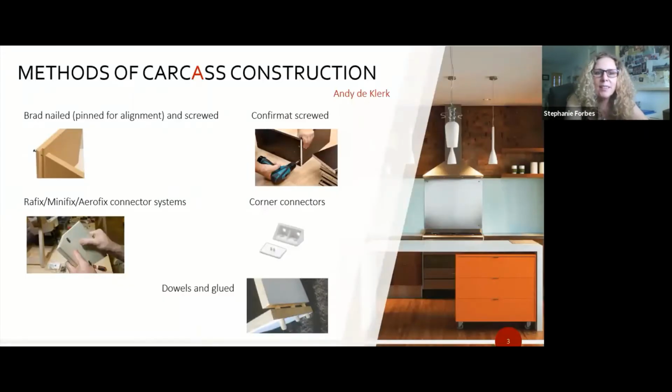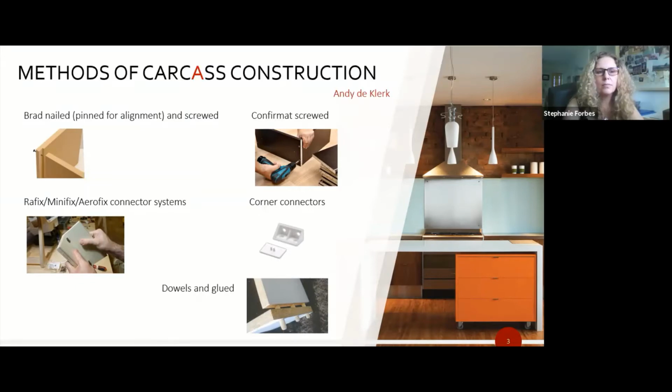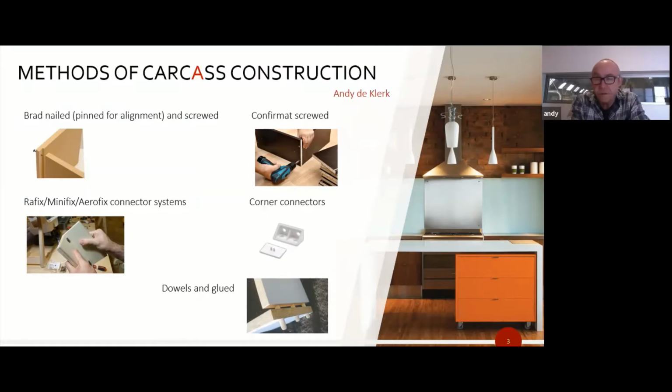Andy, do you want to start by taking us through the different types of construction methods for a kitchen carcass? For sure. So as Steph said, the heart of the kitchen is the carcasses, and if they need to be put together accurately, they need to be put together strongly, then the connections need to be good. Essentially, if you start out with a bad or a weak connection and incorrectly cut panels, you're going to fight everything down the line. Your doors won't hang straight,